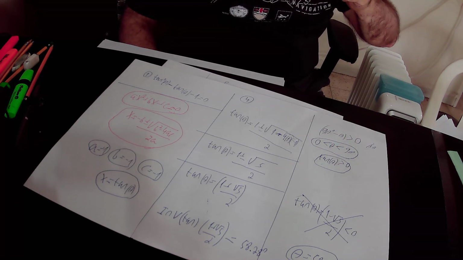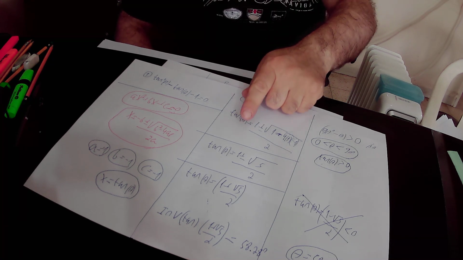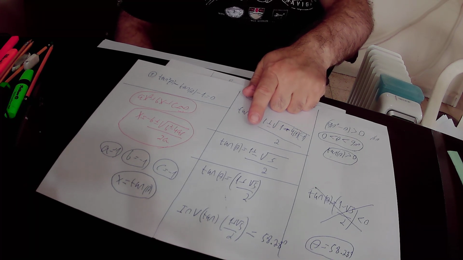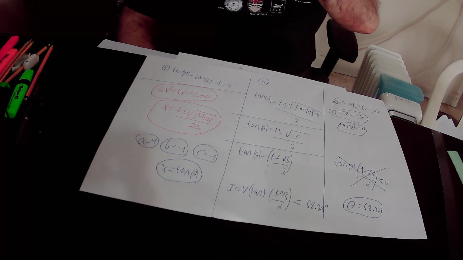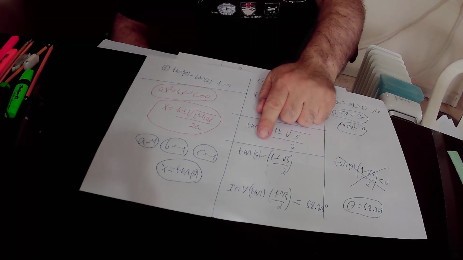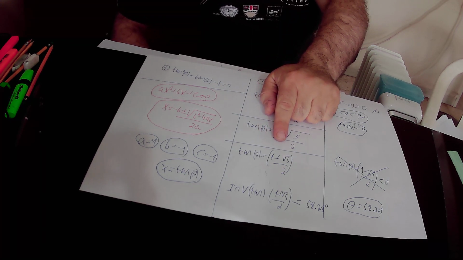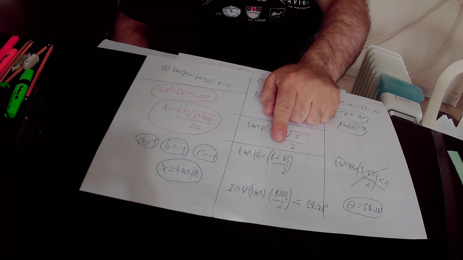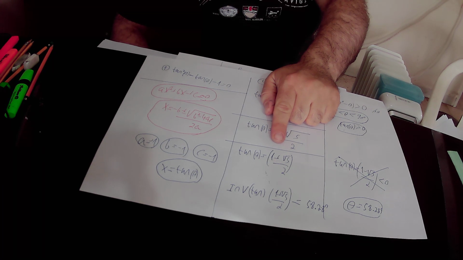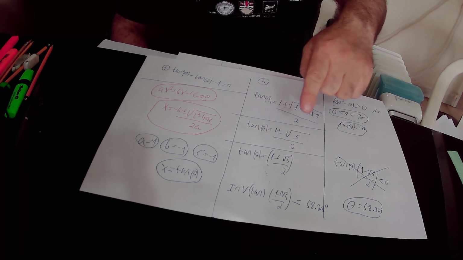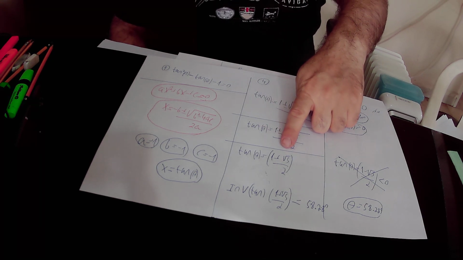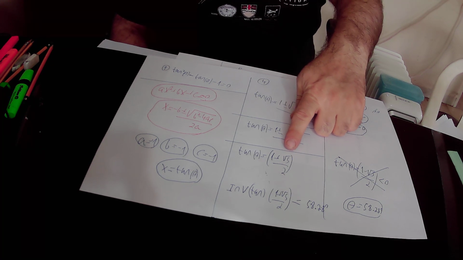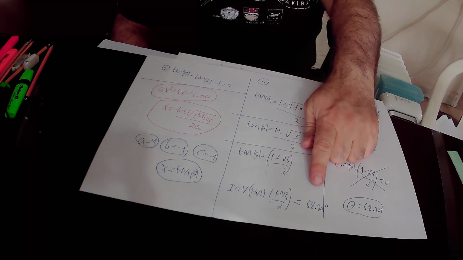And we will focus only on the positive solution, that tangent theta is equal to 1 plus square root of 5 over 2. And in order to find out the value of theta itself, we will operate the inverse function, the opposite function of tangent. So when we operated the inverse function of tangent on the result, that is 1 plus square root of 5 over 2, we got that angle theta itself is equal to